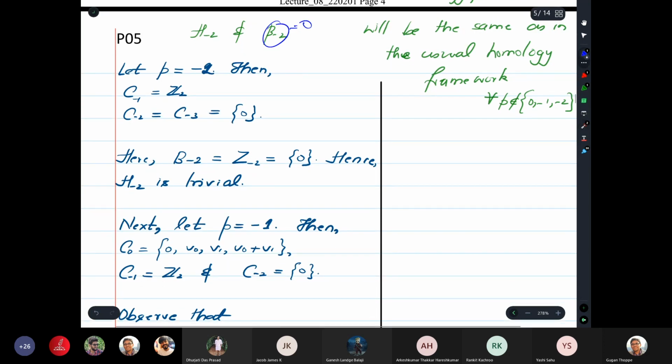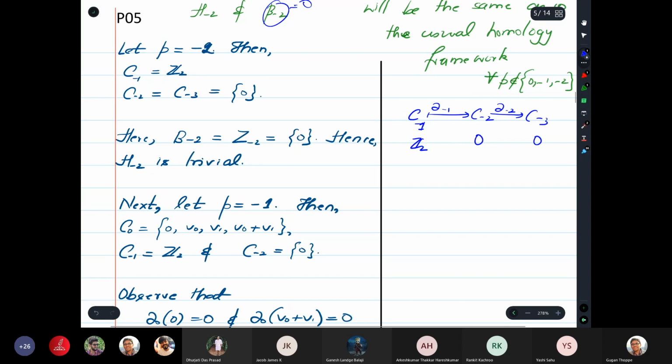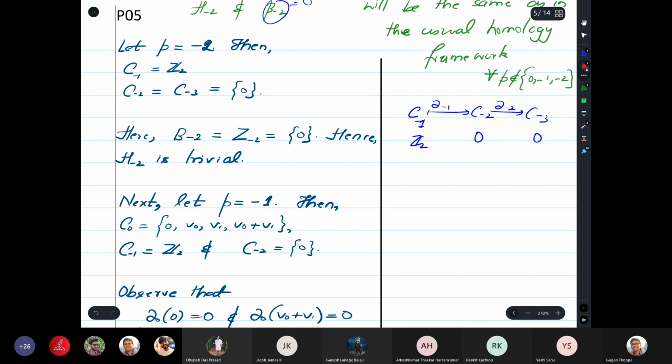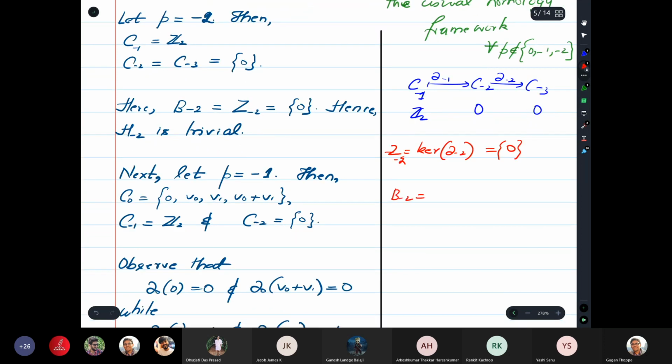So in order to compute this beta -2 and in particular H -2, we will have to look at so this is C -2, this is C -3, and this is C -1. So here is where the DABA -1 operator will go, and here is where the DABA -2 operator will go, right? And C -1 is Z2, this is 0, this is 0, right? So I hope you can see that kernel, so Z -2, which is the kernel of DABA of -2, this is made up of only 0, whereas B -2, which is the image of DABA -1, this will be 0,